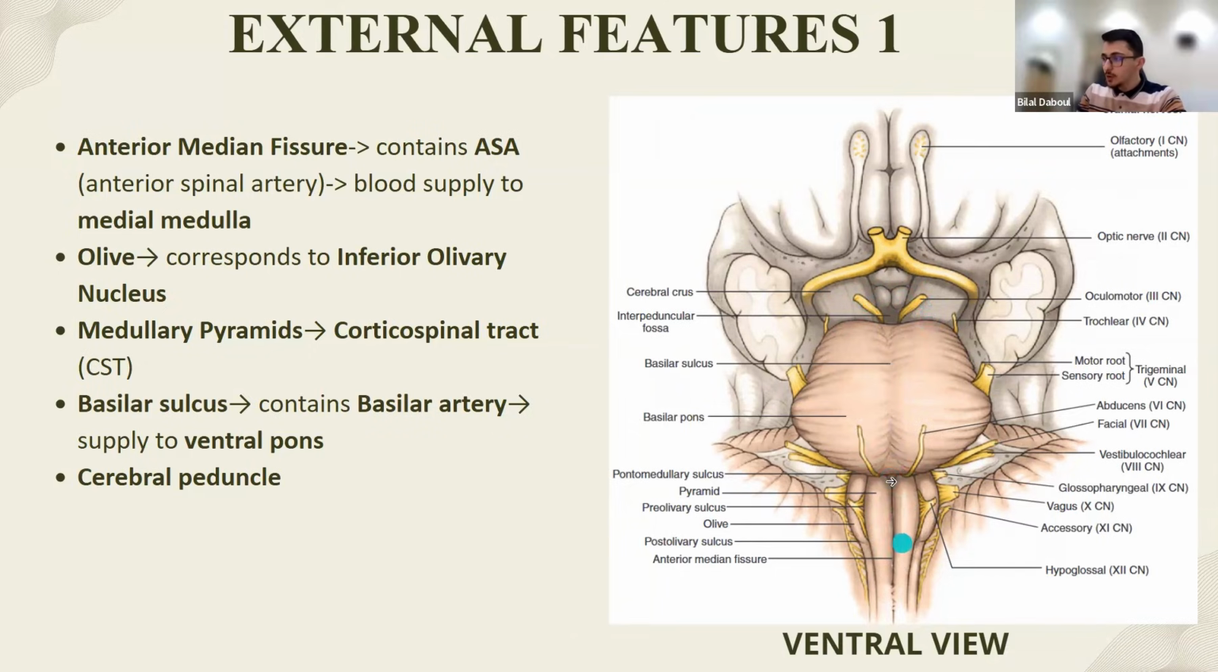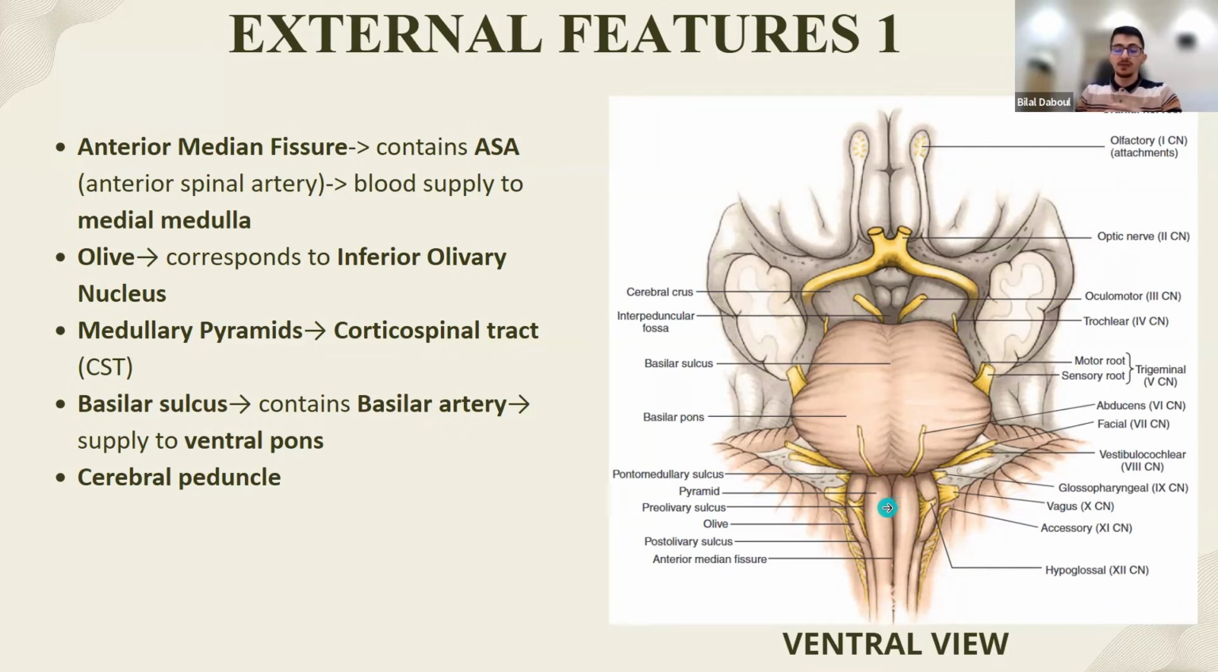Now, if you look inferiorly, we have two bulbous protrusions, okay? They're referred to as the pyramids, the medullary pyramids. And they're essentially composed of corticospinal fibers, the corticospinal tract, which is a motor tract that descends. It originates from the motor cortex and descends through the brain, through the midbrain, the pons, and the medulla, okay,